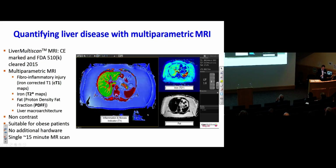We've been working with colleagues in Oxford who formed a spin-out company from the University of Oxford called Perspectum Diagnostics, and they have a proprietary algorithm which they call LiverMultiScan, which is now CE marked and FDA approved at 510(k), and this is a multi-parameter technique which looks at